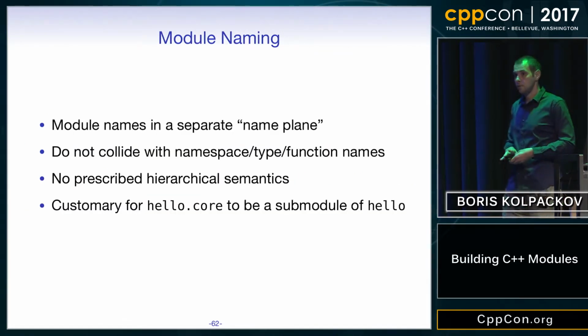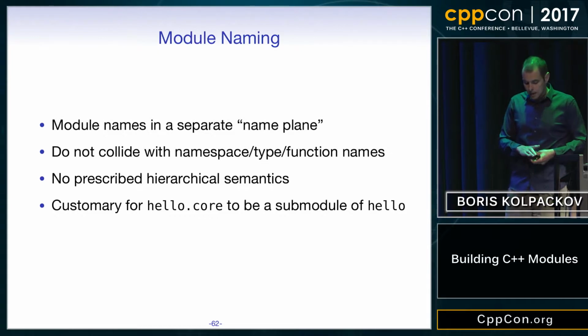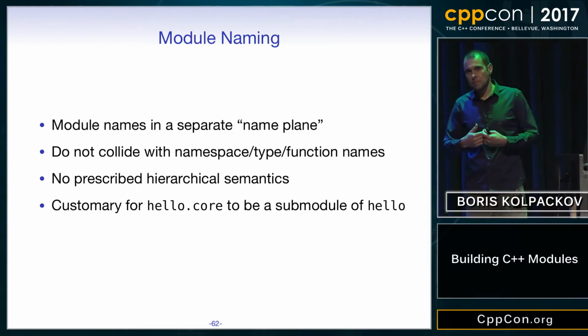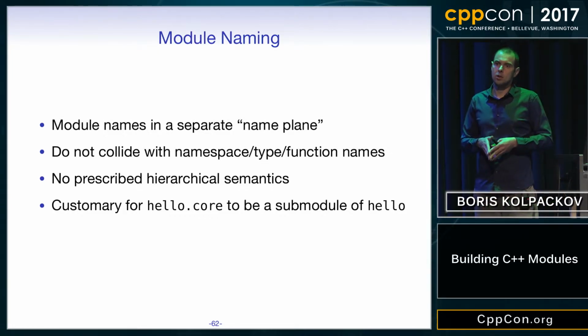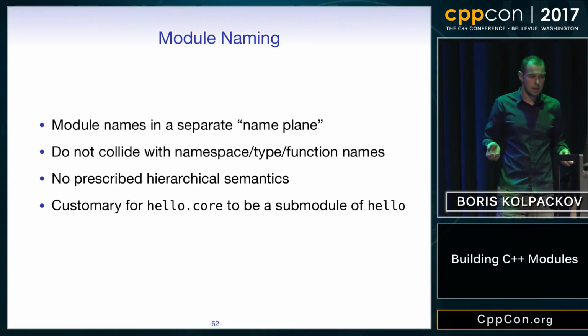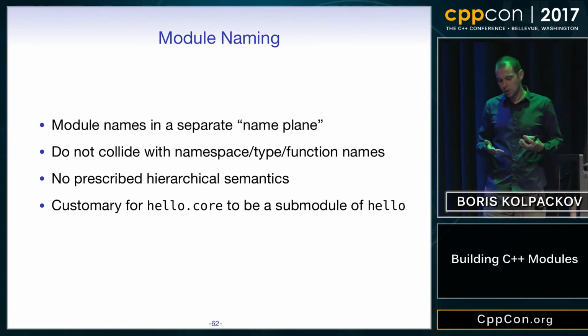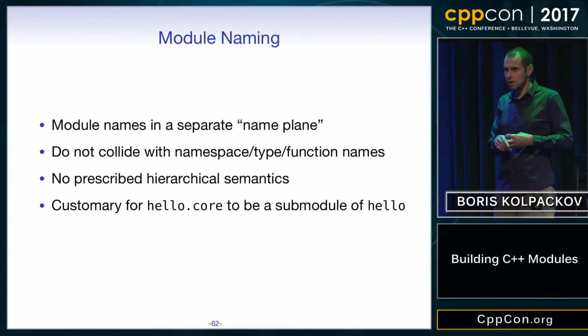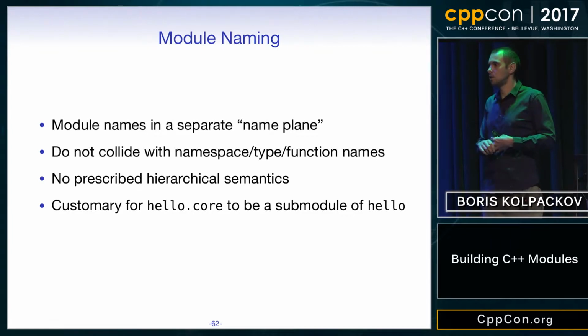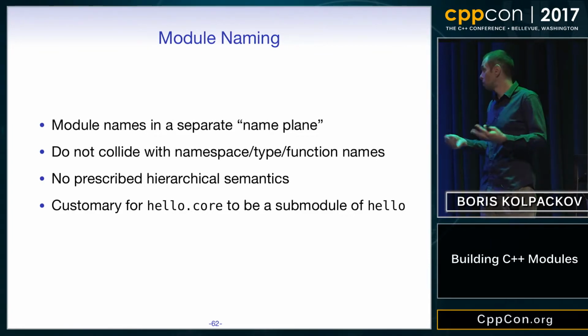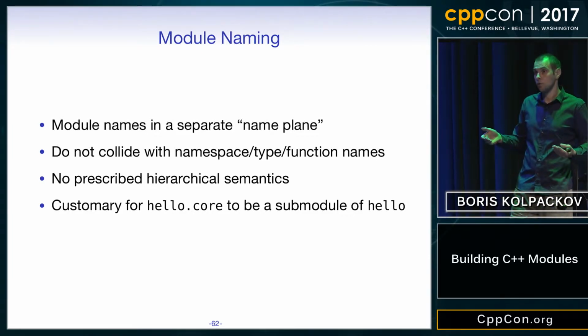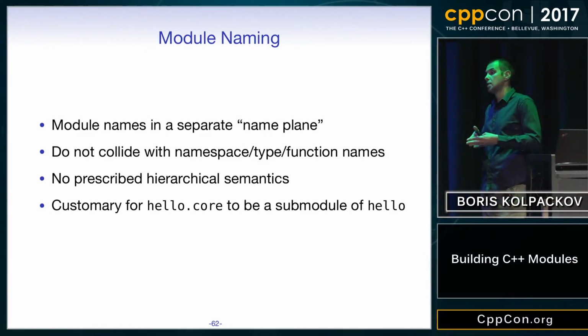Let's also briefly talk about module naming. Module names live in a separate name, what I would call a name plane. They don't clash with namespace names, function names, type names. The standard also does not prescribe hierarchical semantics for modules, though it's customary to call, for example, hello.core a submodule of hello, and to also expect that importing hello will also import